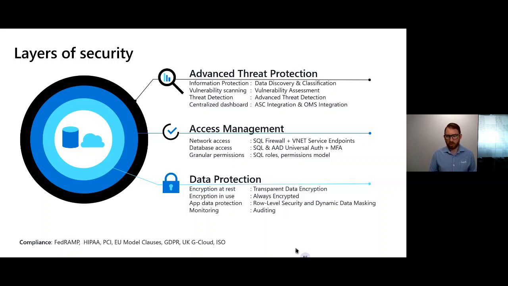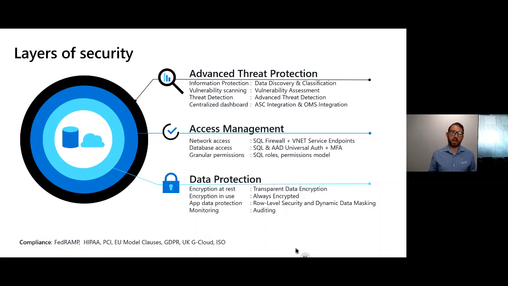Staying at the bottom of this diagram, things like transparent data encryption are turned on by default. Your data is encrypted, which is not always the case when you run this on premises. There's auditing and other monitoring there as well. Access management allows you to be very granular with the permissions you give to your database, not just in the permissions for individuals, but utilizing